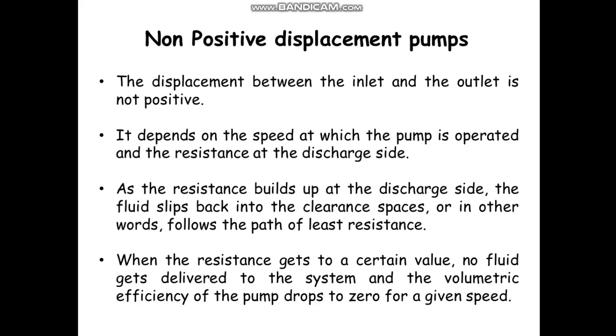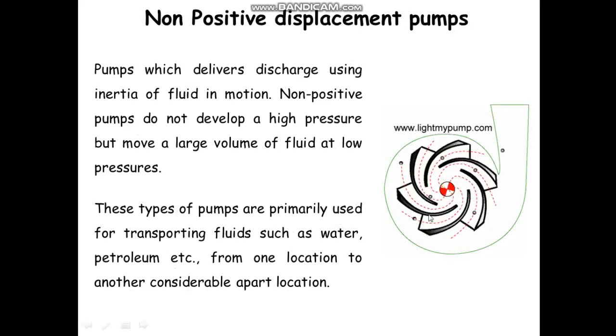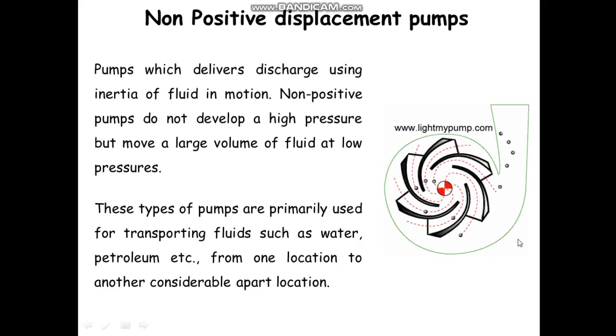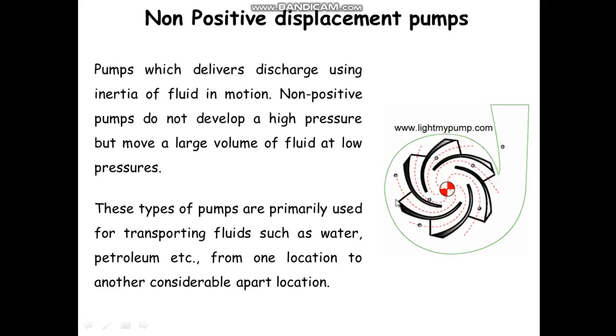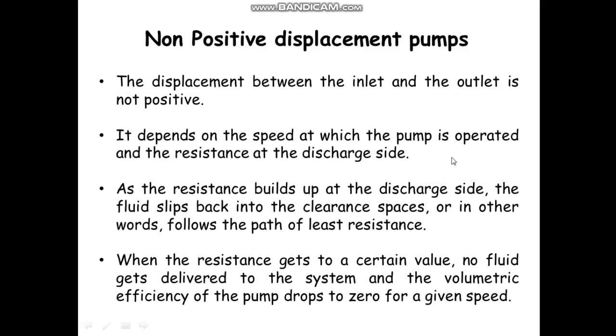resistance to the outlet of the centrifugal pump or non-positive displacement pump, then liquid will leak from the high pressure side to the low pressure side, because there is a large amount of space available between the rotating part and the stationary part. If you observe the casing of this pump and the rotating part, you can see that there is space between the rotating part and the stationary part, and that creates leakage of the liquid from the higher pressure area to the lower pressure area.